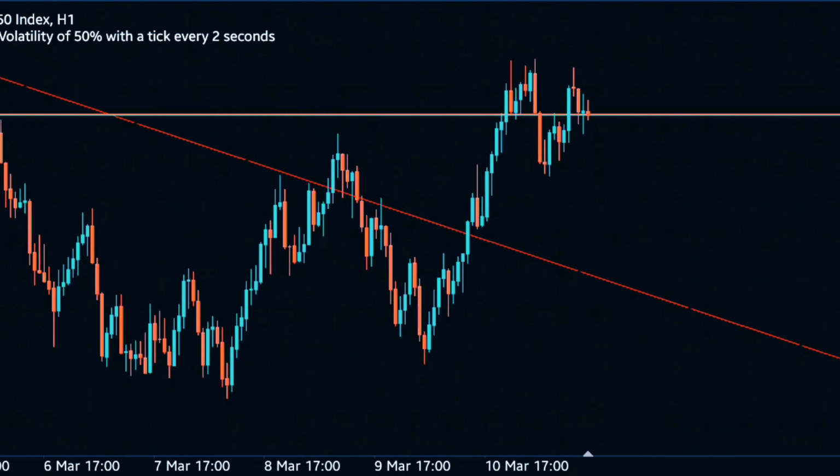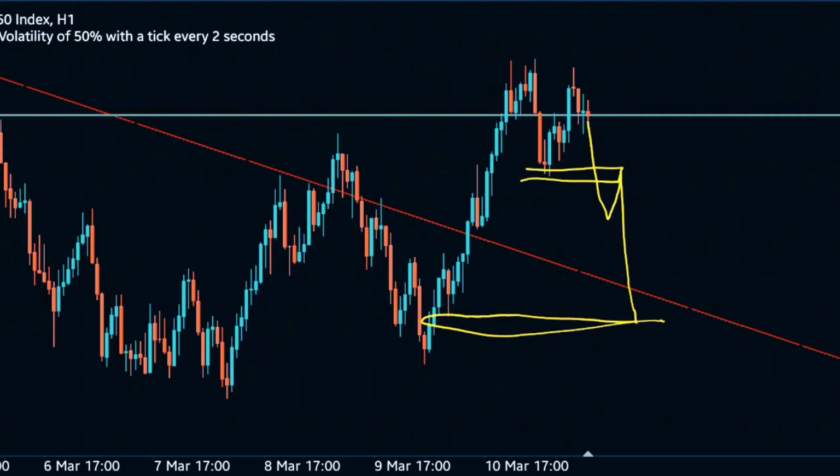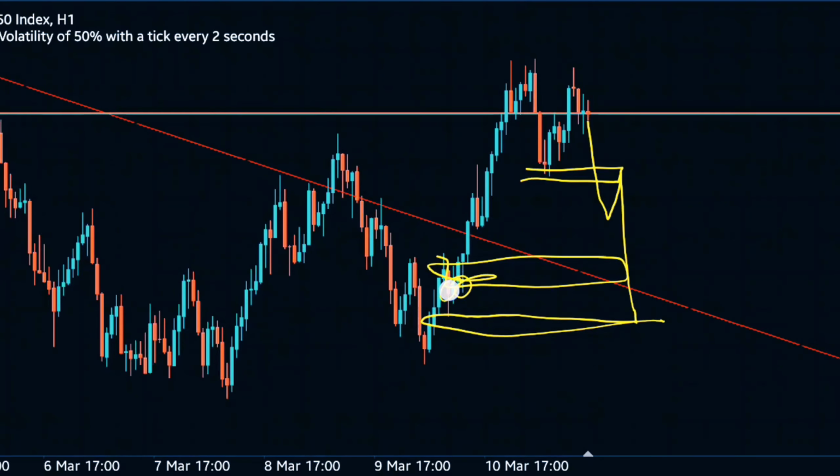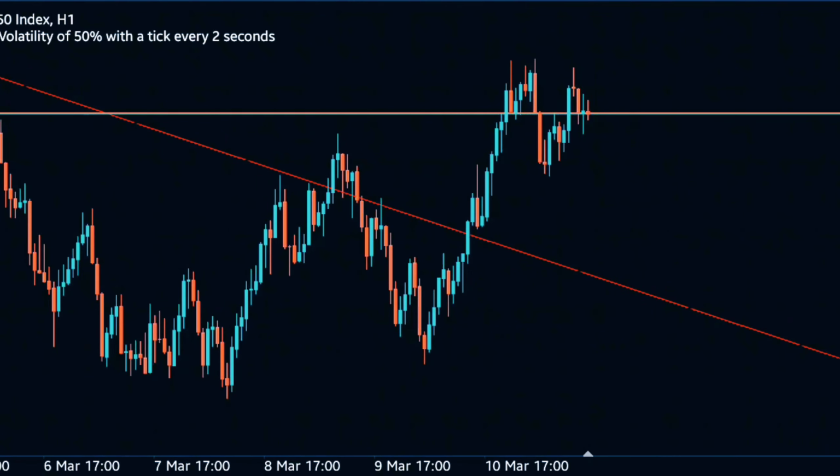But for people that want to scalp, if you want to, you can take it. You can wait for price to break and retest, and you can take a sell trade towards this area or this area, because that is where price reacted to. So you can decide to do that. That's totally up to you.